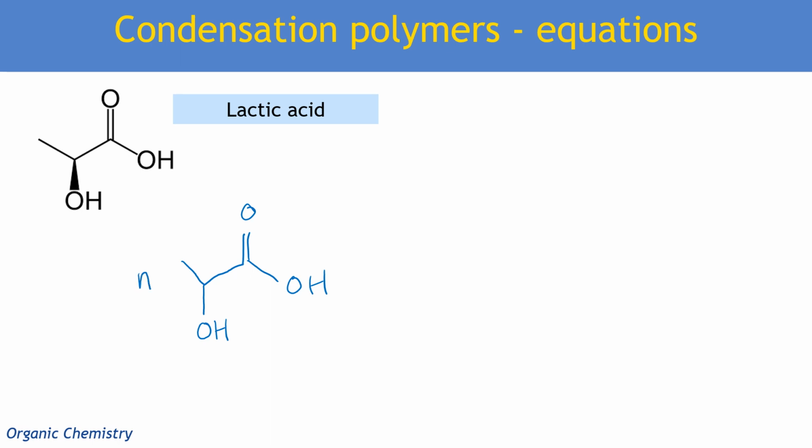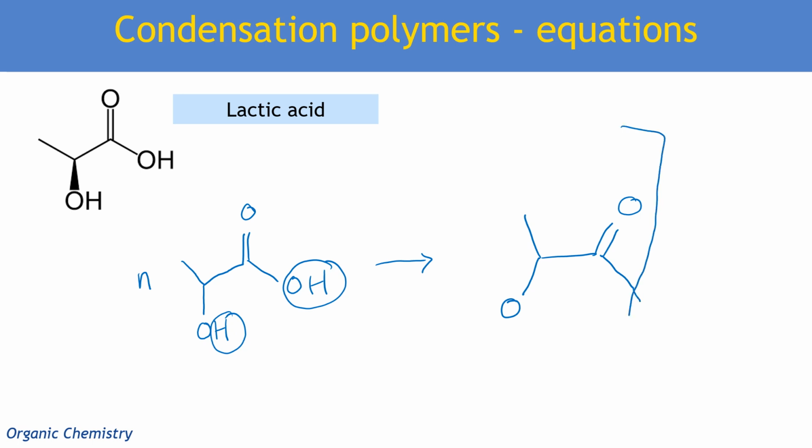I'm going to have N of them, and I'm going to have an arrow, and I'm just going to take off the OH and the H. So I'm going to keep my C double bond O. I'm going to keep my methyl group, and I'm going to keep my O. And then I've got a bond here, which is going to go to the O of the next molecule. So, bit of an awkward bracket, that's terrible. Let's do it at a slightly better angle, there we go. That's going to go out there, and then that is going to have a nice straight line,